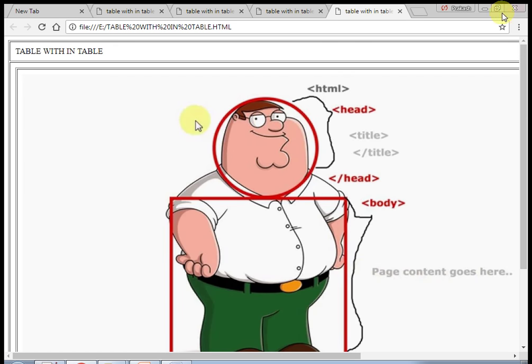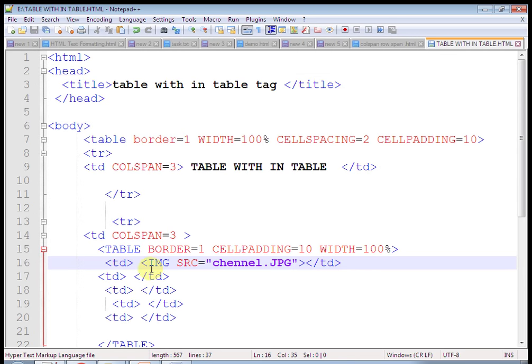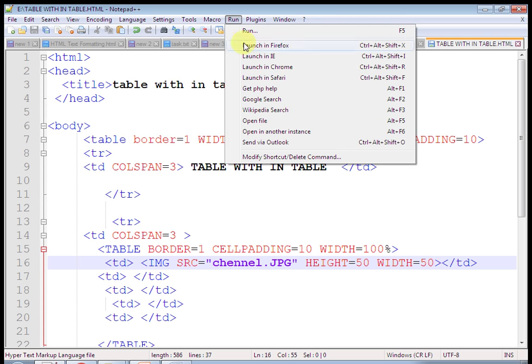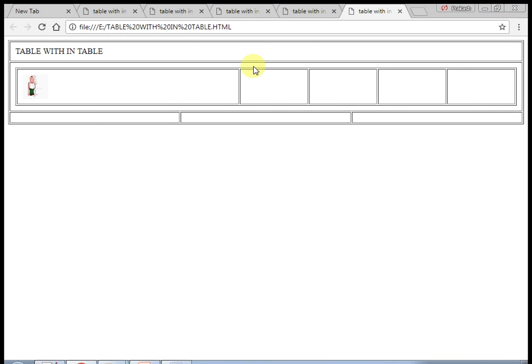In this way I have created a tutorial on the table within table concept. Just let's take output. Here you can give a width for this. Width is equal to 30%, so that the other cell will be displayed properly. In this way you can put text here. This is a simple table within table concept.